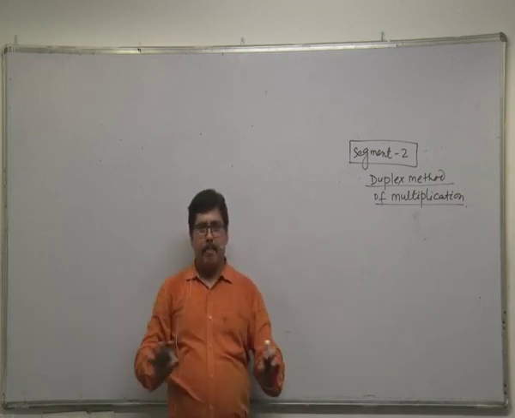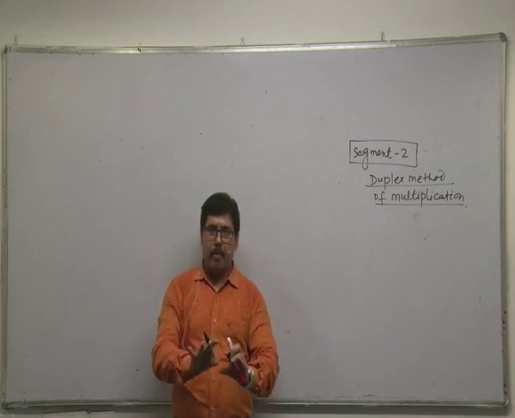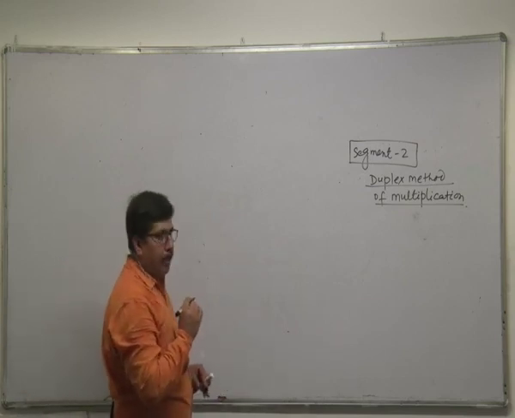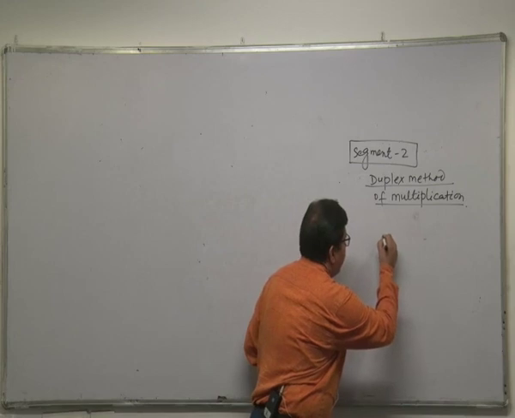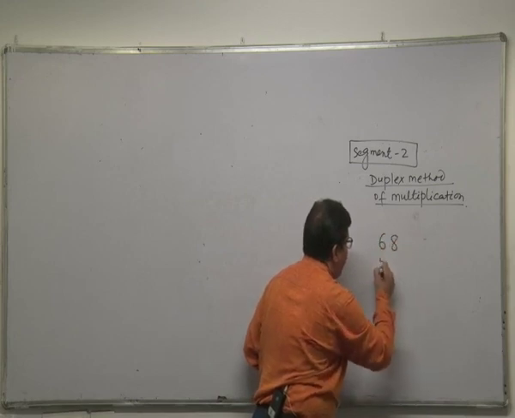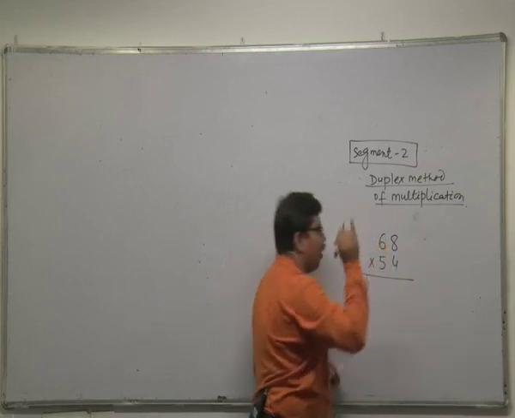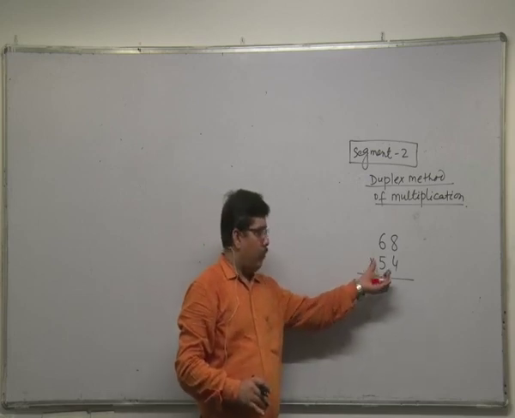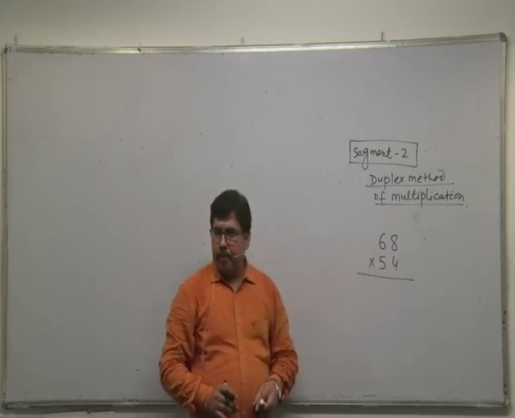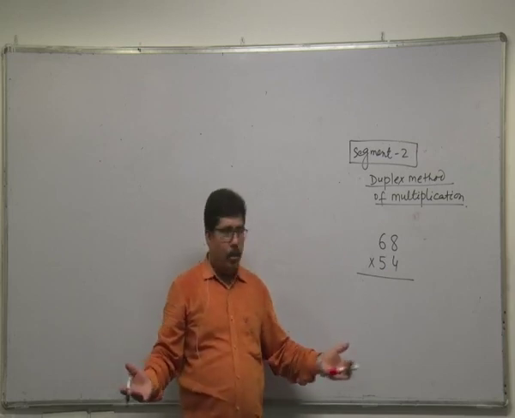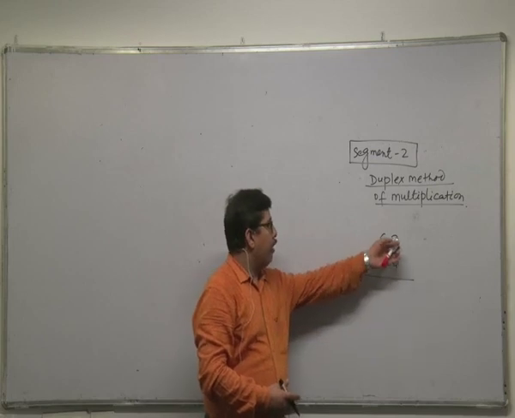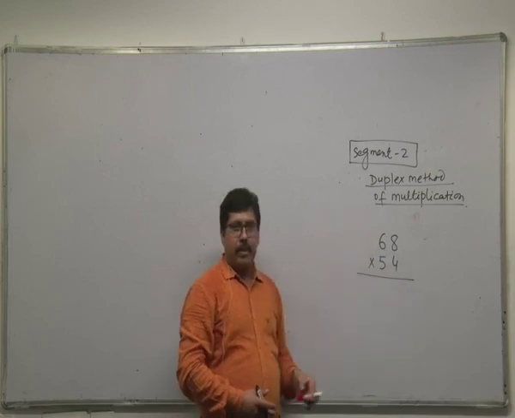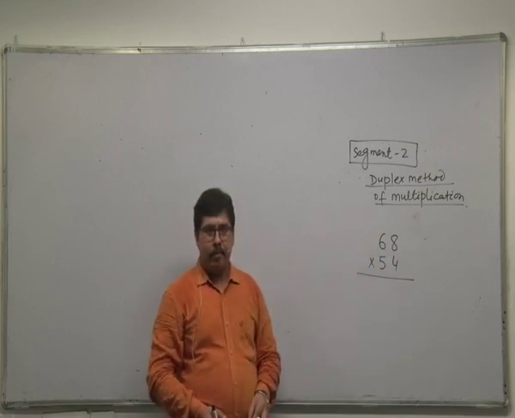So I'm taking a very simple example. I'm trying to start from scratch, from 0. Let's take two simple 2-digit numbers. Suppose my numbers are 68 and 54. We want to multiply 68 and 54. So one approach is what we have been doing since childhood: 4 8s are, then 4 6s are, then write the number, then add. Can we do this calculation within 30 seconds, or at max 30 seconds?